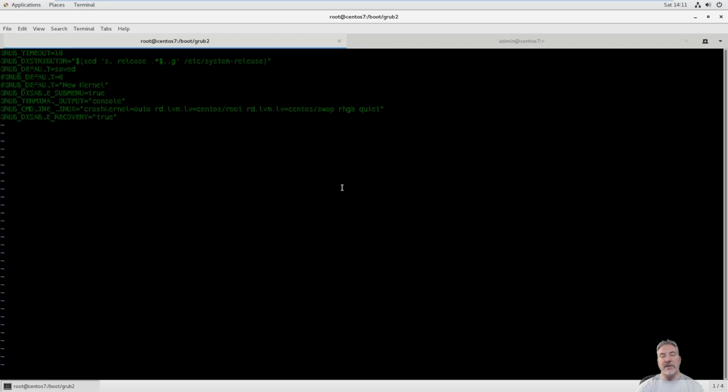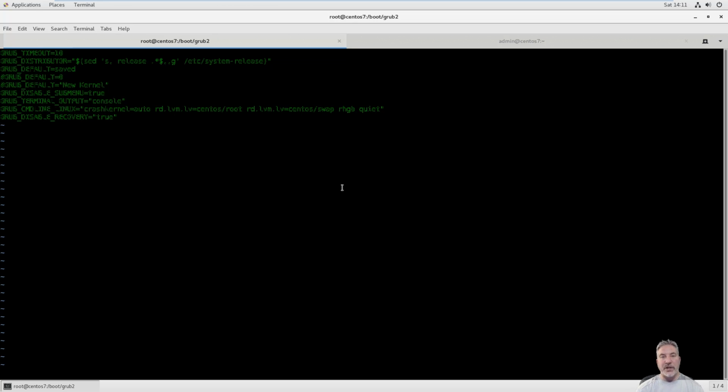Now, the Grub default is the kernel that's the last saved version. That's what's specified right now. When you see that default is equal to saved, that's typically what you want, but I can also assign a numeric value like 0 through 5 or whatever it is by specifying a number here. So grub default equals 0, grub default equals 1, and so on. And my third option is to actually use a label like new kernel,